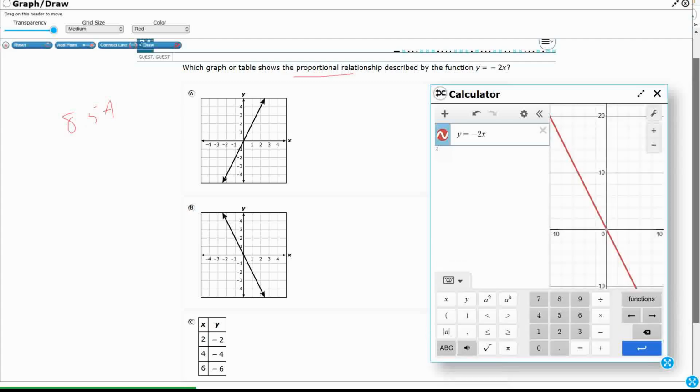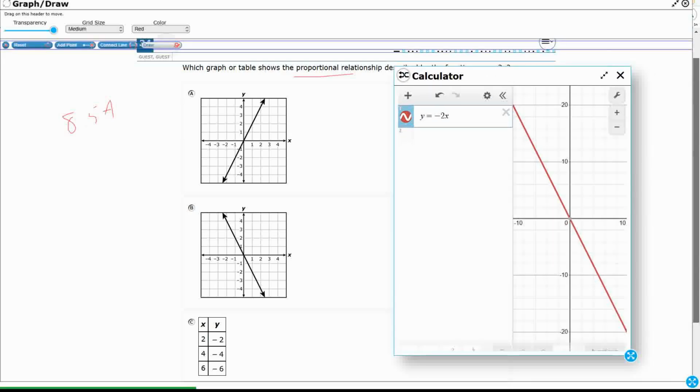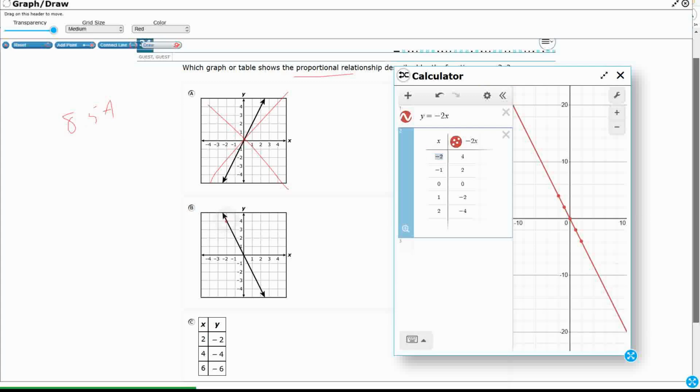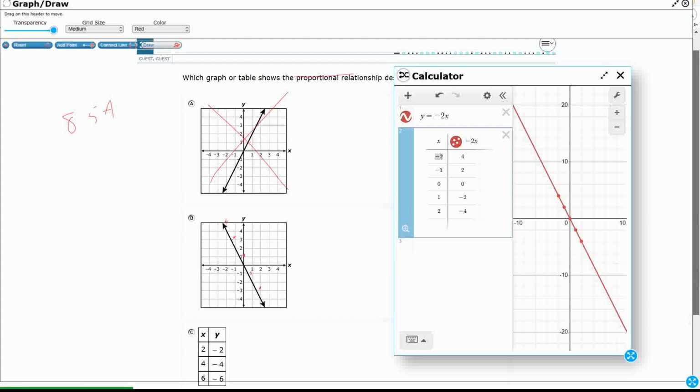Okay, so we've got that negative slope there. So it's definitely not A, because it's got a positive slope. Could possibly be B. Okay, so let's see, let's get a table of values there. And so we're looking at negative 2, 4. Okay, we're looking at negative 1, 2. We're looking at it's proportional 0, 0, 1, negative 2. Okay, so this matches our table of values. So I'm thinking it's B, but let's just verify to make sure that this table of values doesn't match C